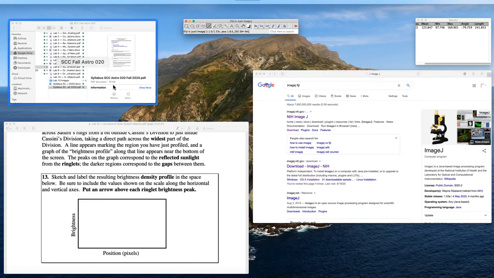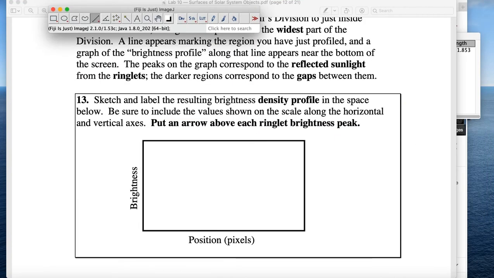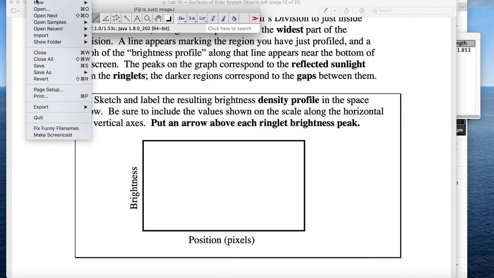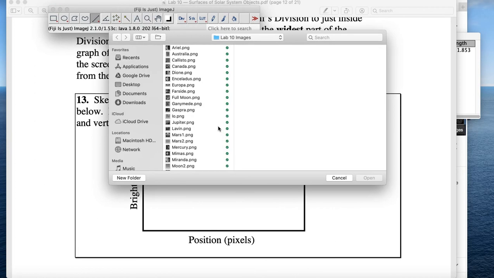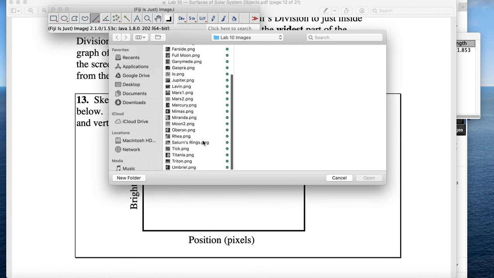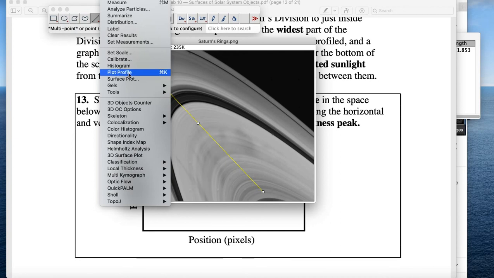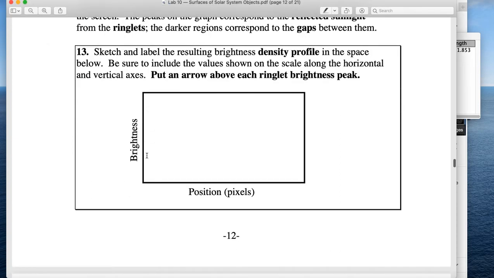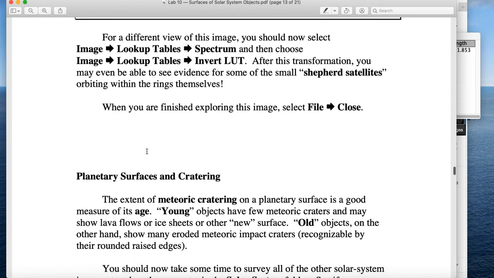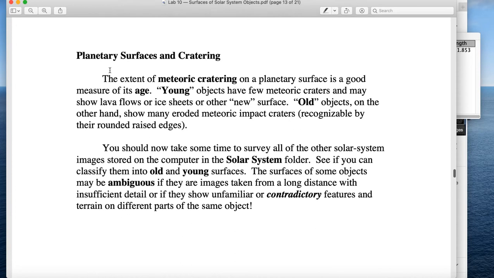All right, so I'll go ahead and open up the image, but I won't do the analysis for you. But let's go to File, Open, and then Saturn's rings. Here we are, very pretty image, all right? And then it'll be the same sort of thing. You draw a line, and then you'll be able to find gaps in Saturn's rings, all right? Once you do, analyze plot profile. Okay, and you're gonna sketch some of those plots, include some information, and then finally, the last part of the